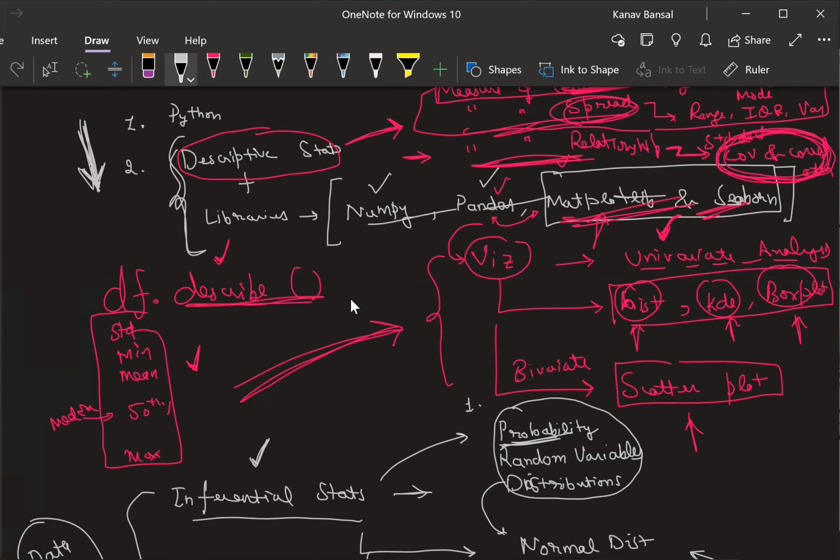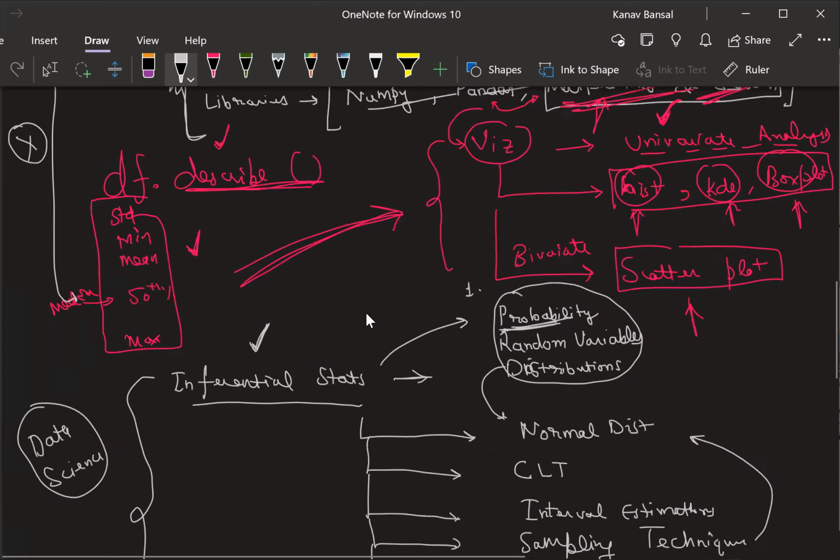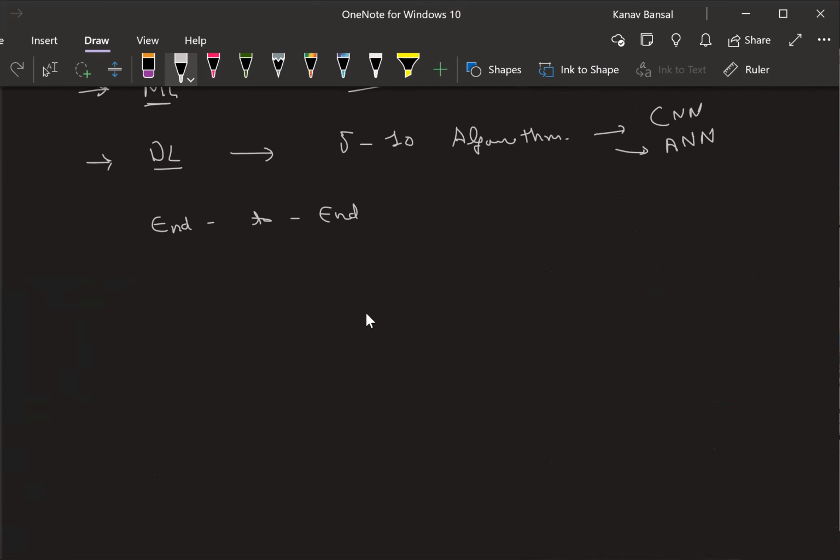But if you know the basics, nobody can replace you. This is the power of fundamentals. If you know the fundamentals, no one can replace you. If you start learning only the tools, tools can be replaced. People who only know tools can be very easily replaced. So I would suggest you to go into the depths of all these things that we are covering here. Is that fine?